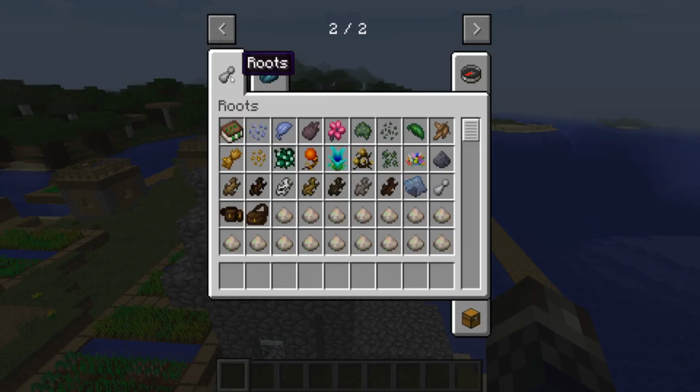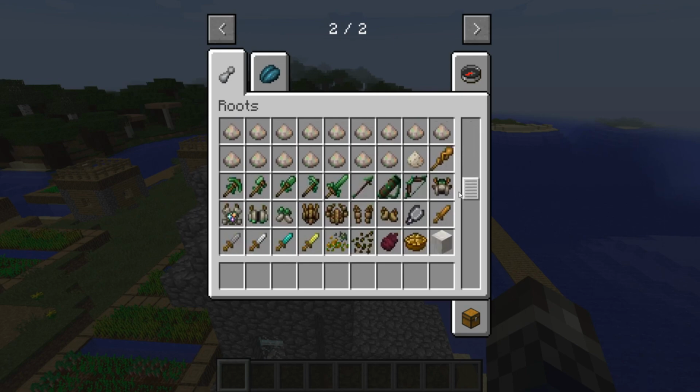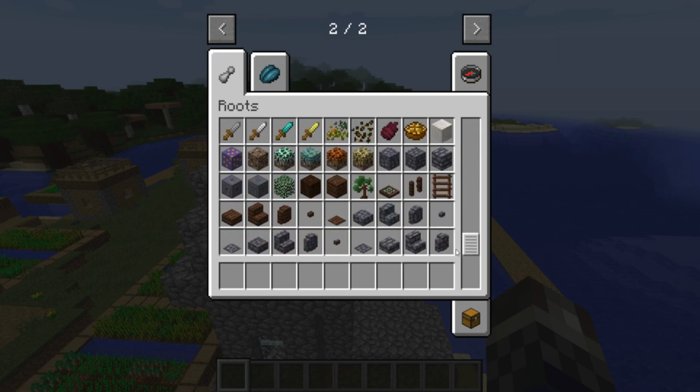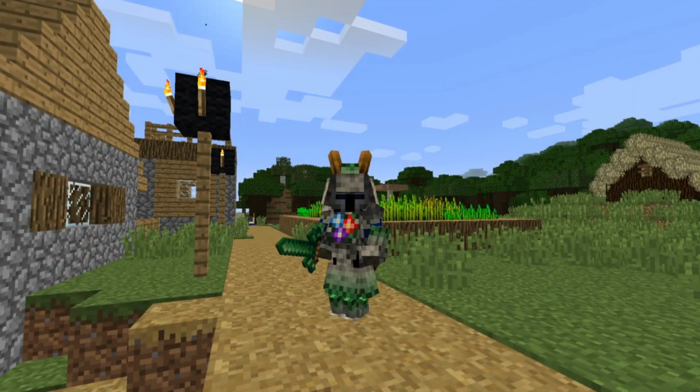Roots. The Roots mod is all about natural magic and how it's embedded into the world. In the Roots mod you explore the world and find the sources of magic rooted within it in order to learn brand new cool spells and things to do. You can find herbs, spells and rituals and things to bring you more power in the game and help you